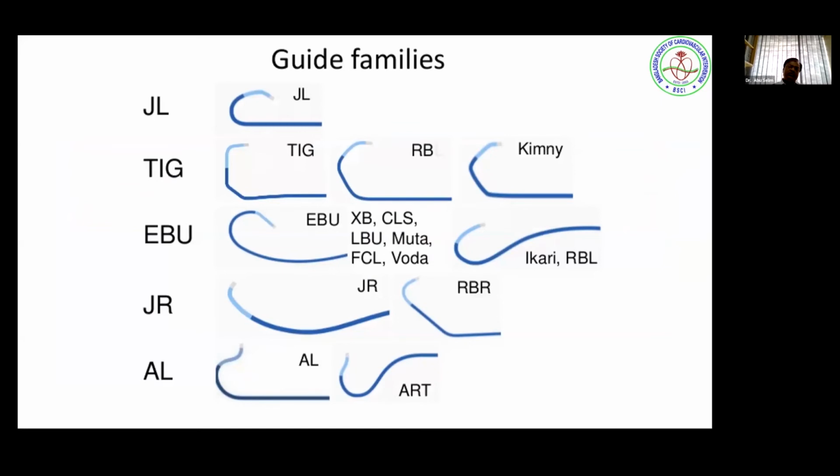There are also different families of guide catheters, like diagnostic catheters. We are using Judkins, TIG, extra backup support, and different varieties of extra backup, EBU, XB for different manufacturers, Judkins right, left, and M+. There are more than 250 families of guide catheter in the market nowadays, but no one can use all. We just have to become familiar with some and keep in mind some plan B or C.